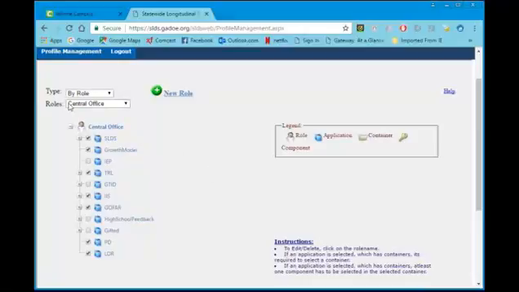So this is the role. These are the applications, as you see in the legend here. These blue boxes, the cubes, are applications. And then to get to container, you see there's a plus sign here beside SLDS. I strongly, strongly, strongly suggest that every time you see a plus sign, you expand the plus sign so that you can see and make sure that the correct other options underneath that plus sign are turned on or checked